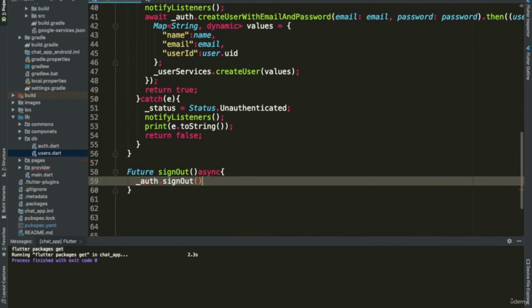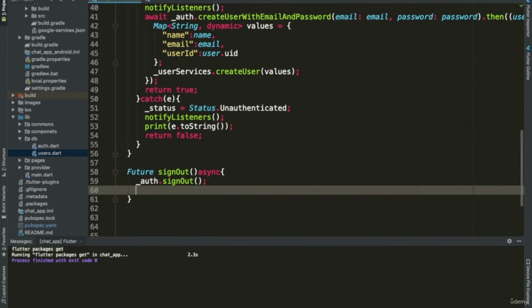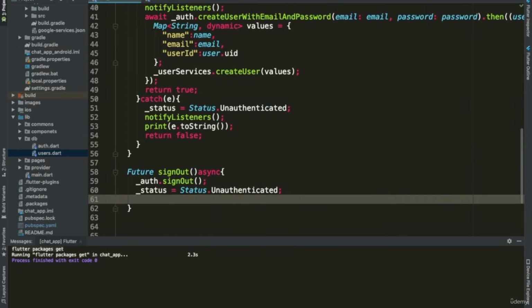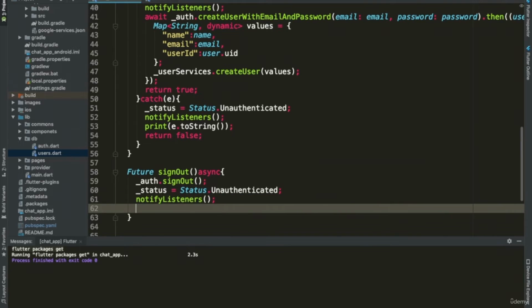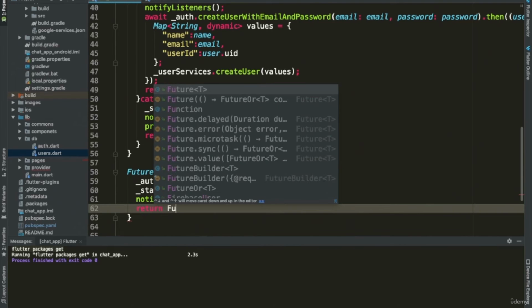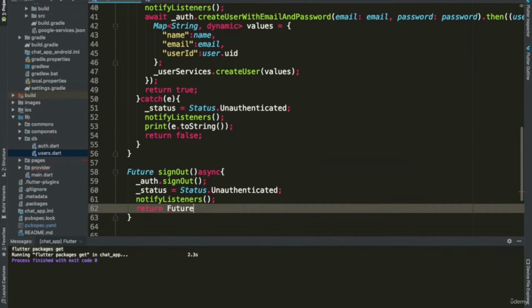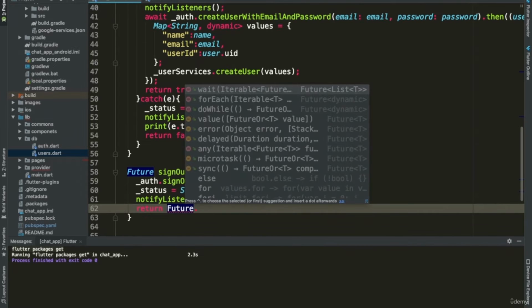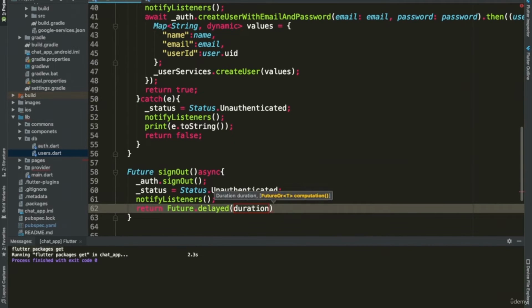Auth.signOut. We're going to change the status of this. Unauthenticated is the status, and then we're going to notify listeners of the change we did, and we're going to finish this with a return Future.delayed for